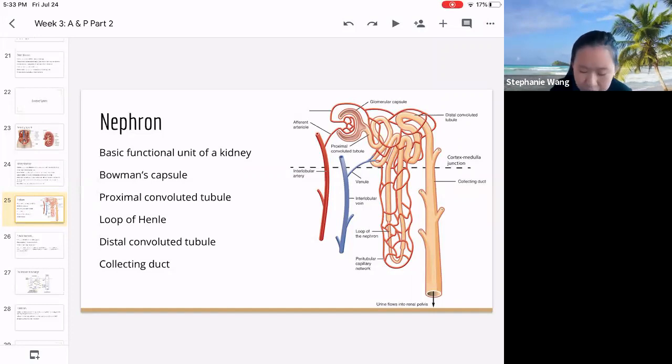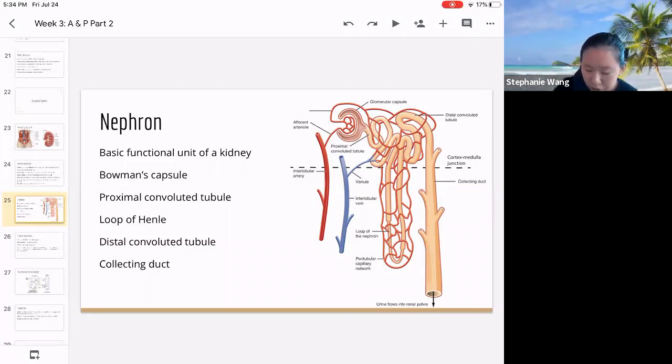Anyway, the proximal convoluted tubule is where all the sodium, glucose, and lots of ions get reabsorbed and sent back into your bloodstream. After it passes this test, it goes down to the loop of Henle, which you can see here is this long loop going down and up. The loop of Henle is where the nephron will regulate the pH and water supply. In the loop of Henle, a lot of water gets reabsorbed back into your body so that you don't have so much urine.